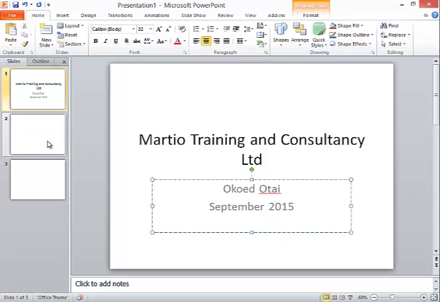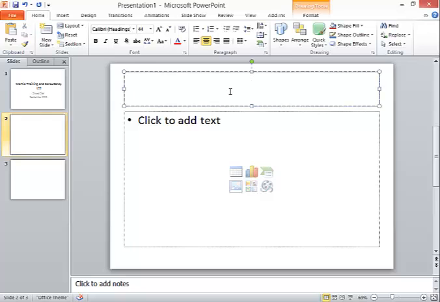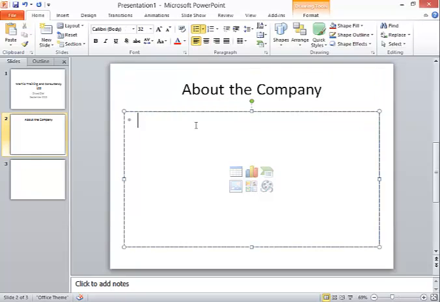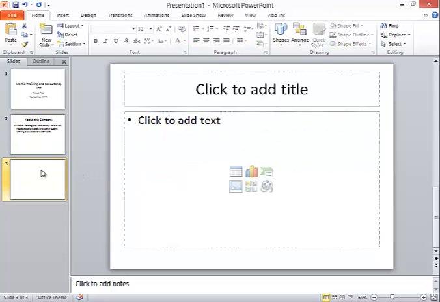Okay, so in slide 2 is where you are going to say some information about the company. So here you could say something like Mateo Training and Consultancy Limited is a well-respected and trusted provider of quality training and consultancy services. And say in slide 3 is where you are supposed to put something like services and